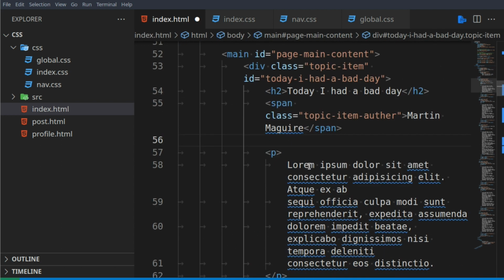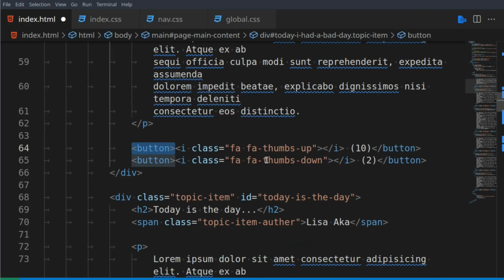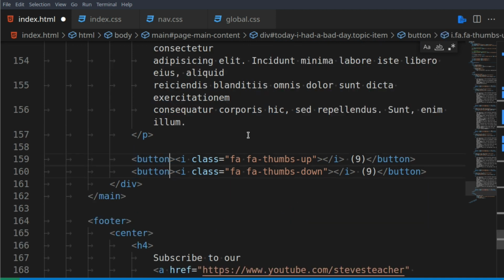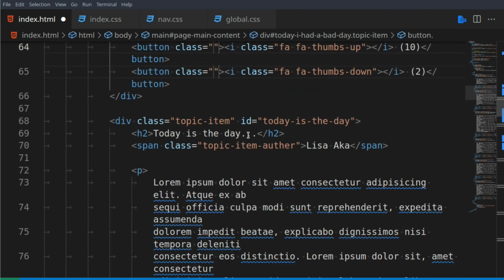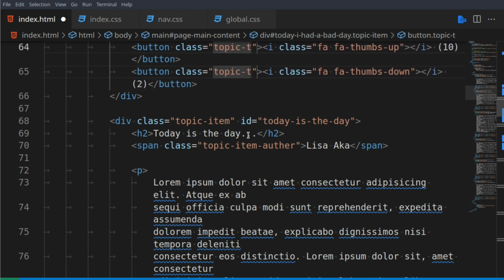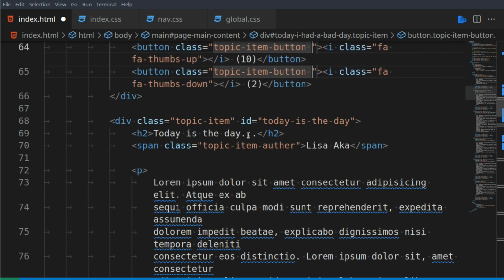The next up, we can select all of the buttons. We can actually do this to make it easier to see. We can select all of the buttons. And all of the buttons will also have a class. So class equals topic-item-button. And then it'll also have another class. And this depends on what type of button it is. In our case, we're going to say